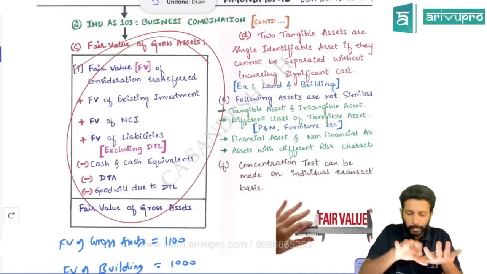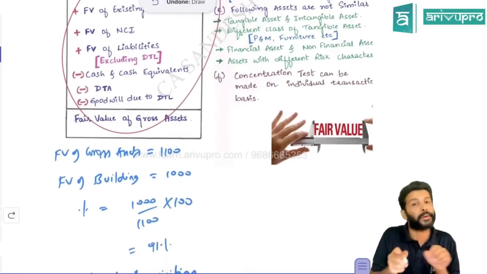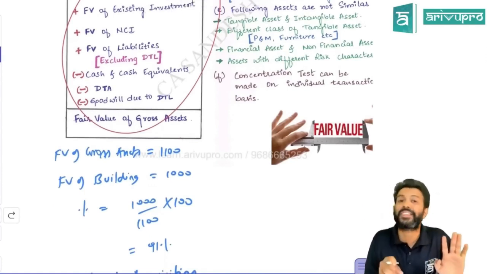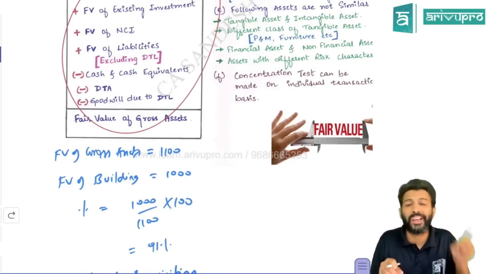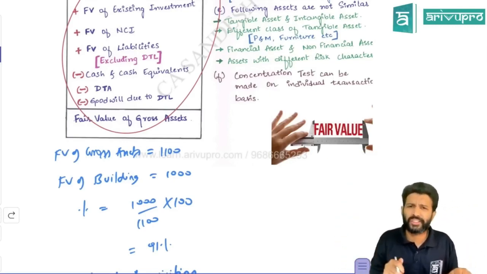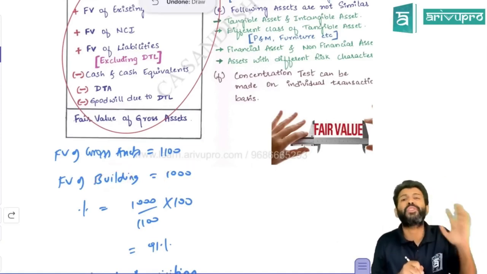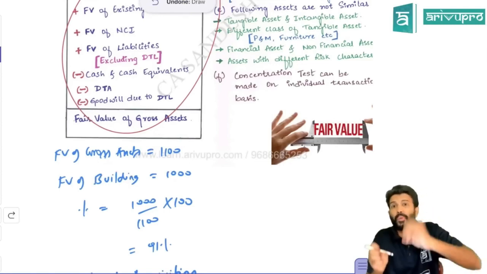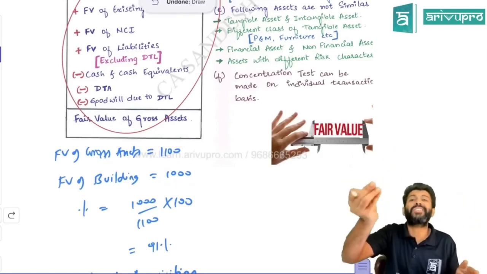Suppose you plugged in all these numbers in this format and got fair value of gross assets to be 1100. One example is there in the study material. That's the data we have got. I've called in the same data over here. You checked, and one of the subsidiary's assets is a building, and the building's fair value is 1000 rupees. That means, of the 1100 which the parent company has paid, 1000 rupees is almost towards one asset called building.